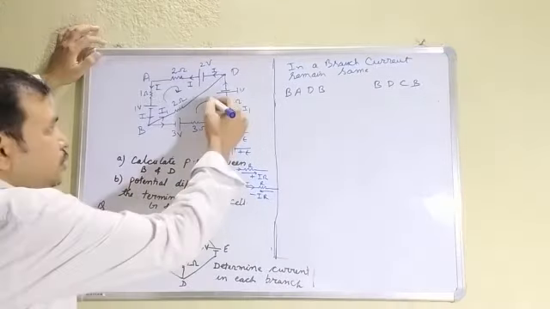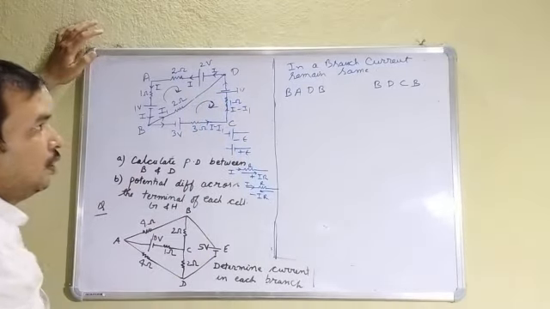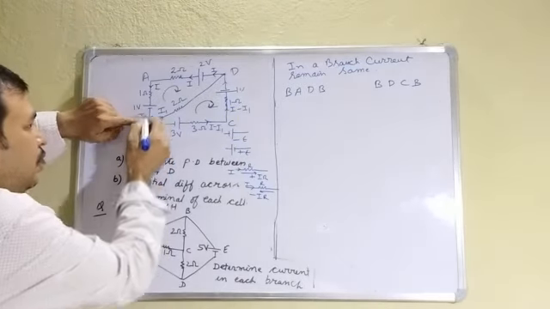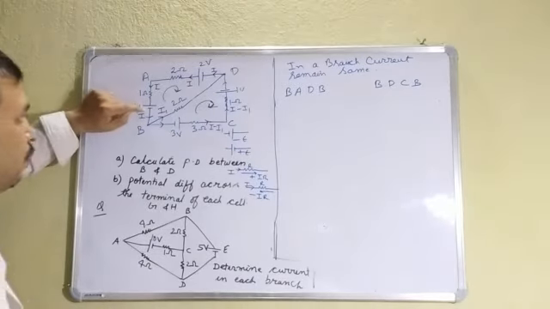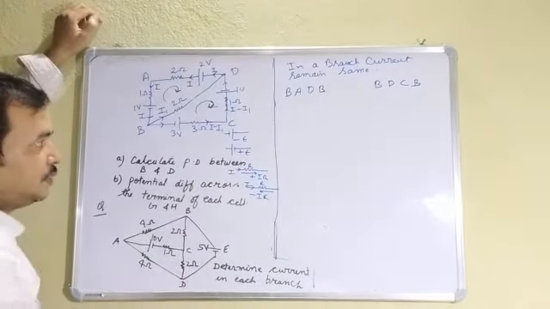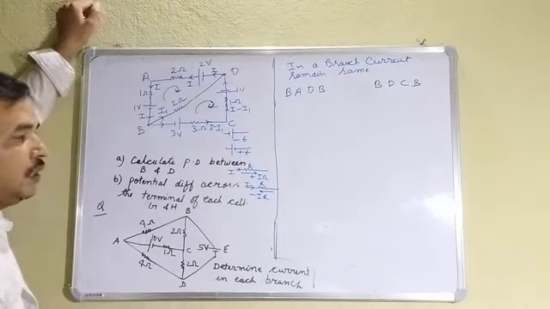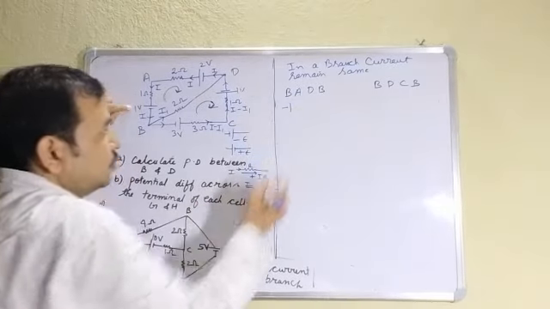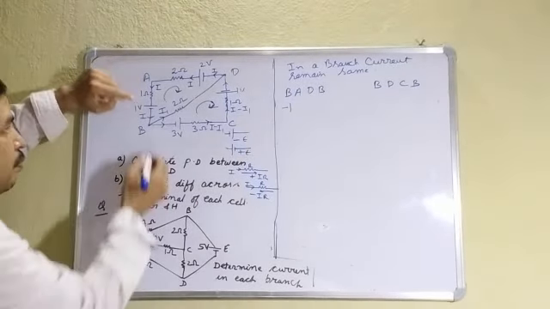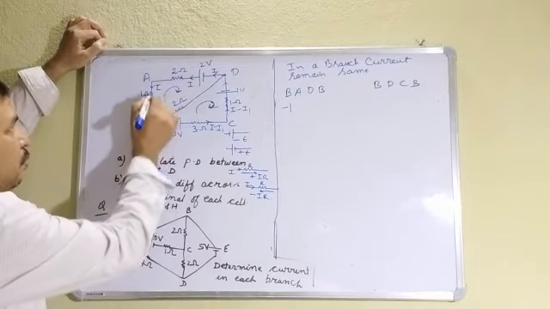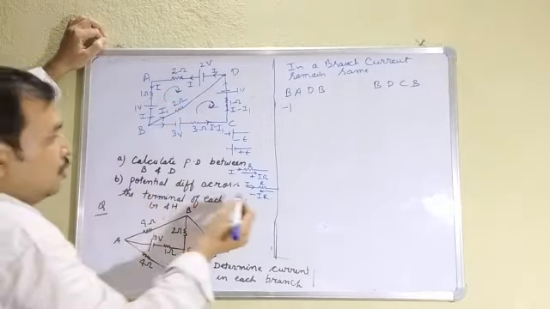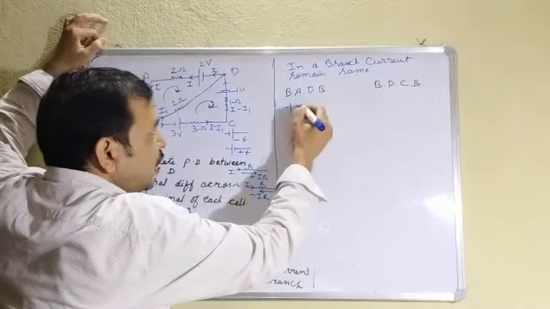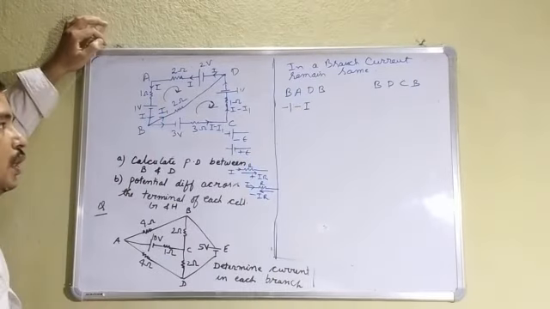Now, after choosing the loop and current distribution, now you apply Kirchhoff's second rule. Okay, I am starting from B. When I move from minus to plus, in the previous class we have seen from minus to plus you have to take as minus E. So what is EMF? 1. So I have to take minus 1. Now I am moving against this current I. So the potential drop I into 1, when you are moving against the current, the potential drop IR is negative. So I into 1 is minus I.